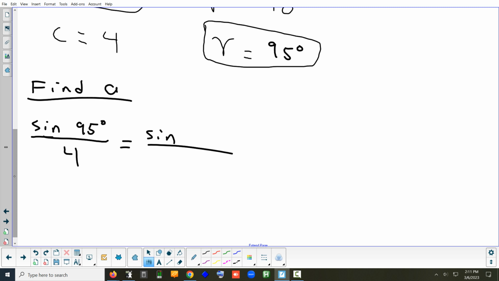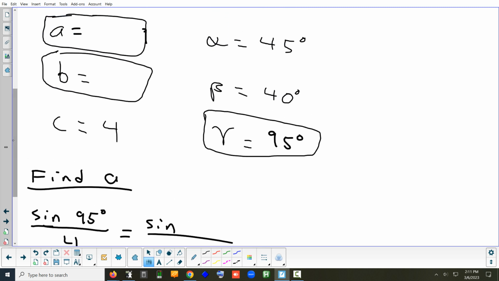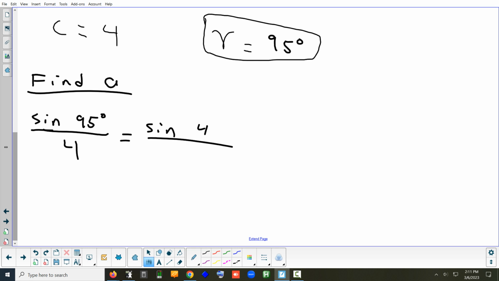Could you just go up? I can. Yes. 45. Make sure you write it down. 45 over A. All right, so we've got 3 out of 4 of the spots in our proportion are numeric. The last one is a variable. That's good. Now we can solve it by cross